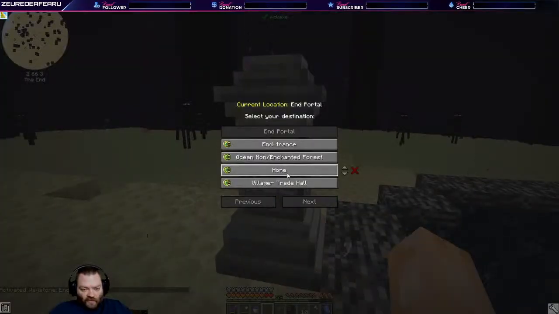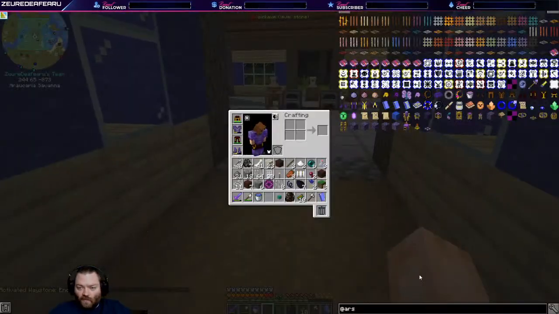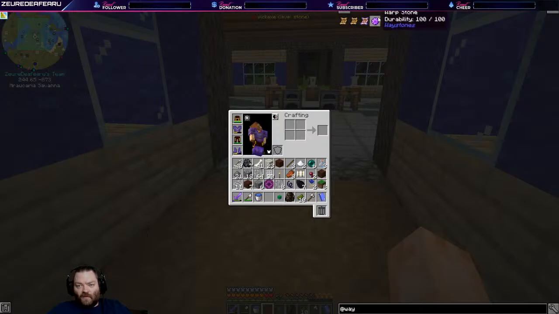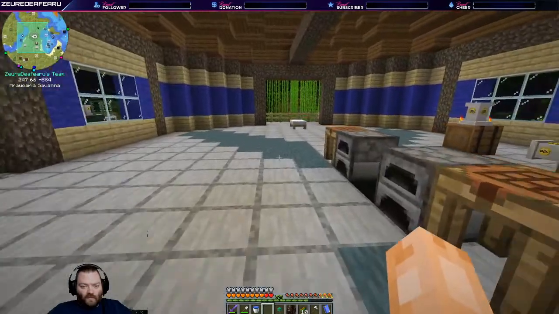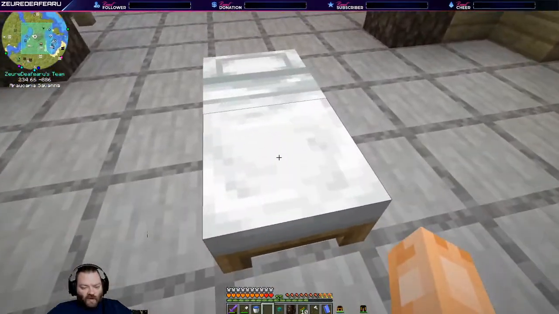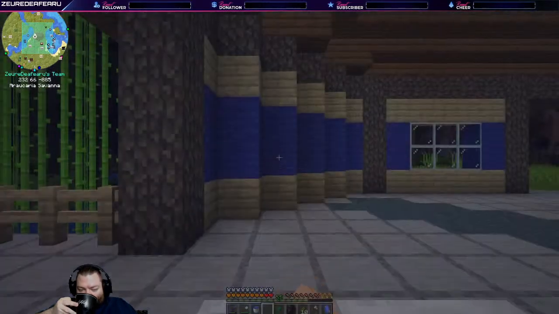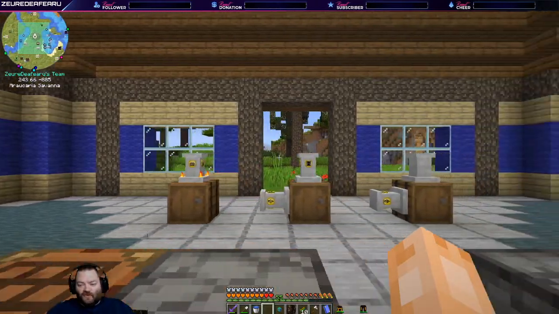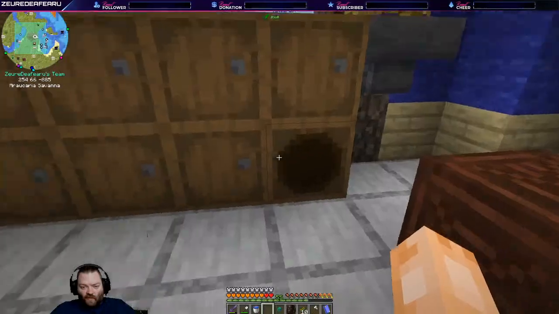And real quick, let us go home. Because I do need to make something. This, the warp stone. And I guess we'll sleep while we're here? Oh, bean juice. And then we'll put up...